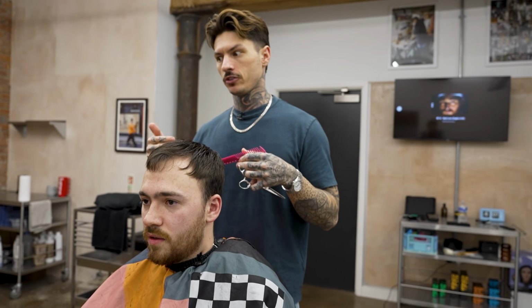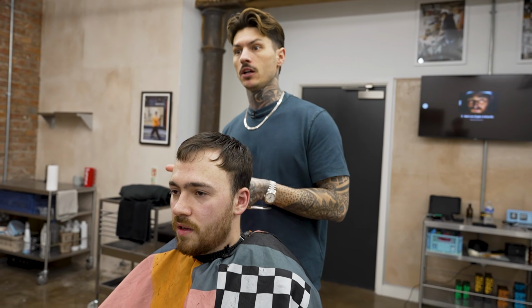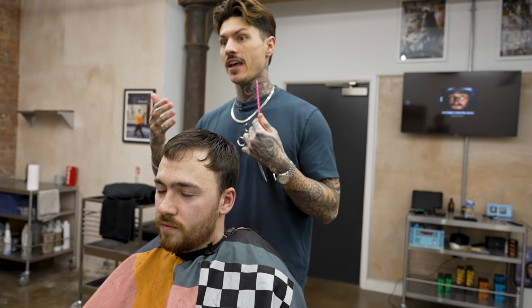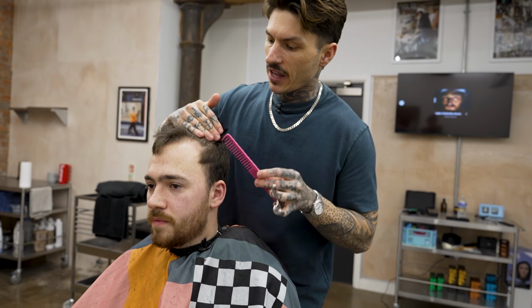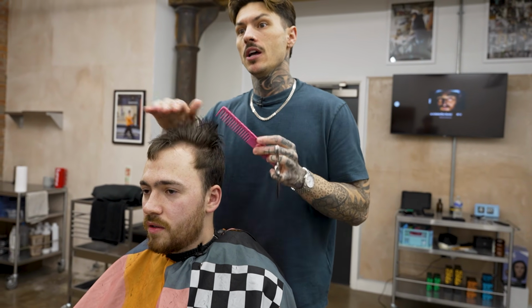So when you increase the blood flow in certain areas, it'll make the hairs grow quicker and they'll grow through thicker as well. From my experience with people who've used minoxidil, it thickens the hair up a lot. So I think for you, minoxidil would be a great product to use. And you'd find that these corners would thicken up a lot and it would grow in quicker, because your hair